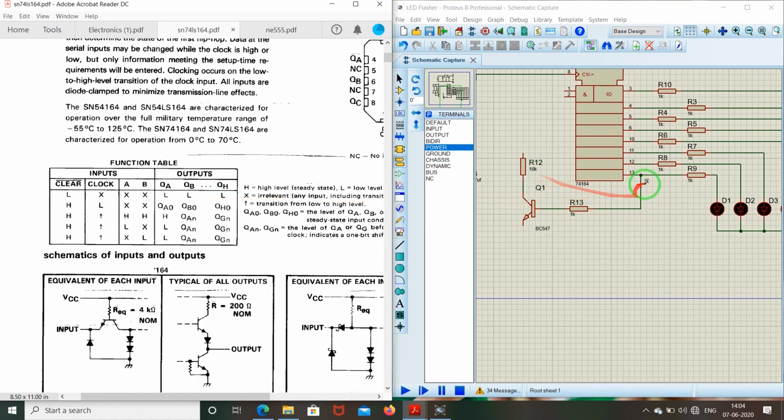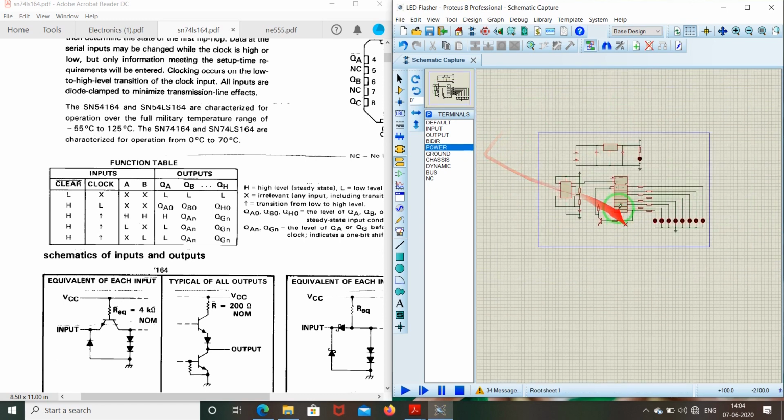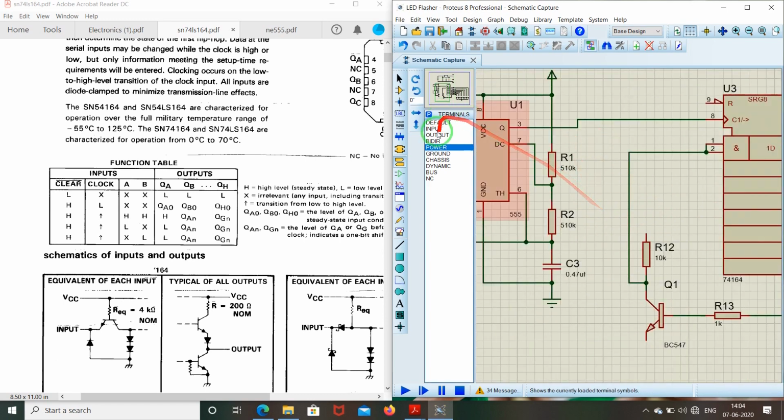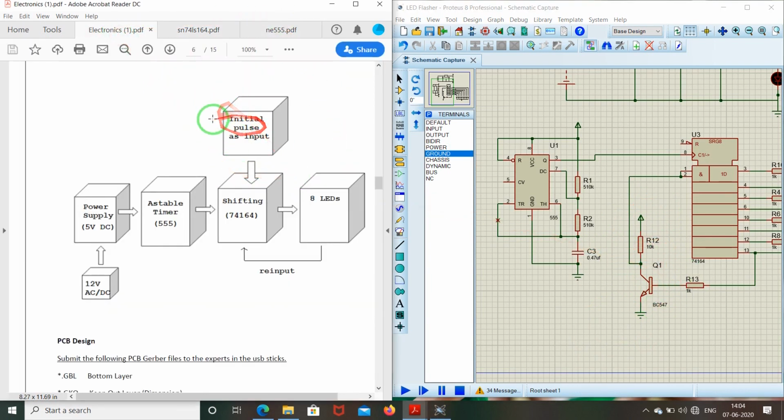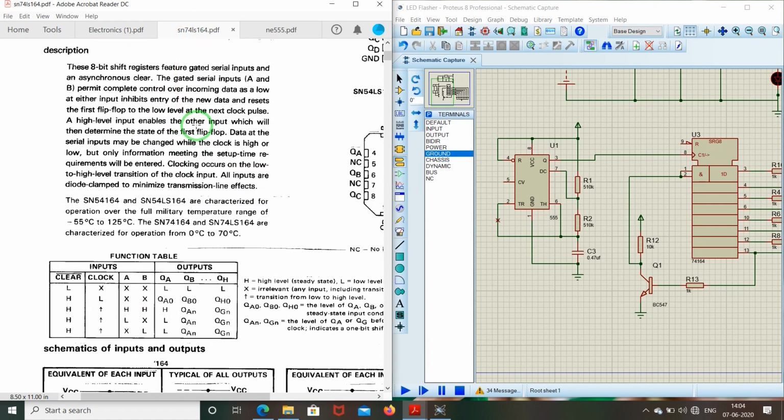So from here, this will be low, and this is a NOT gate. So we will get 5 volts here if 0 is applied, and connect this to 5 volts and ground and emitter to ground. So we have successfully created this initial pulse input block.